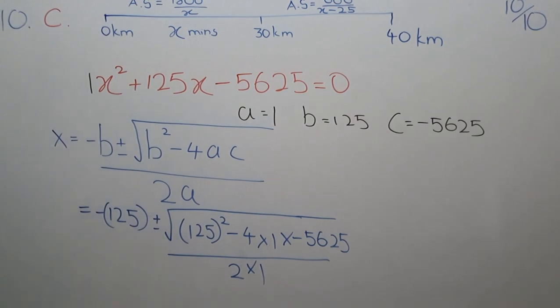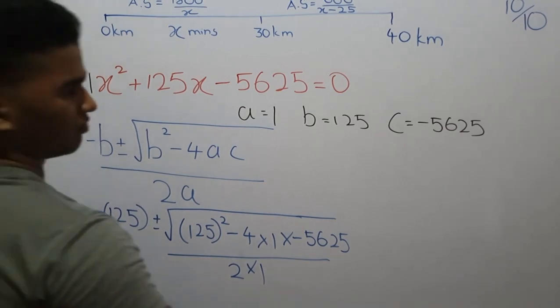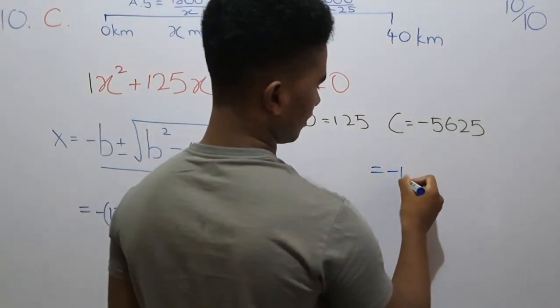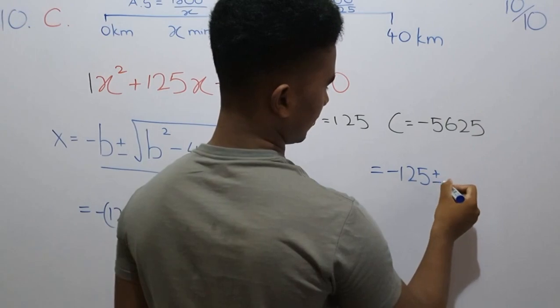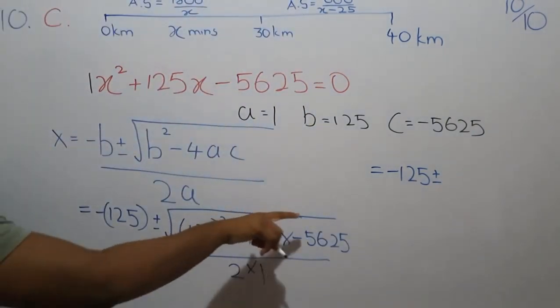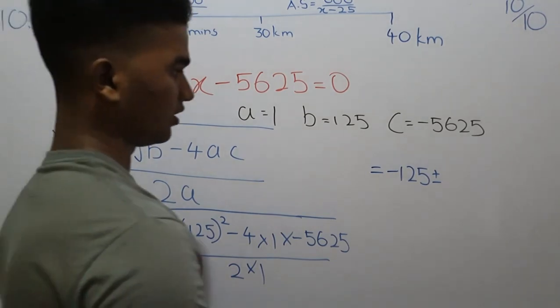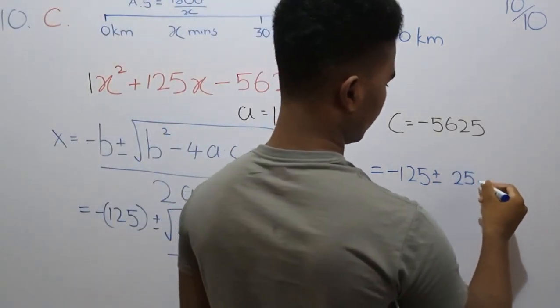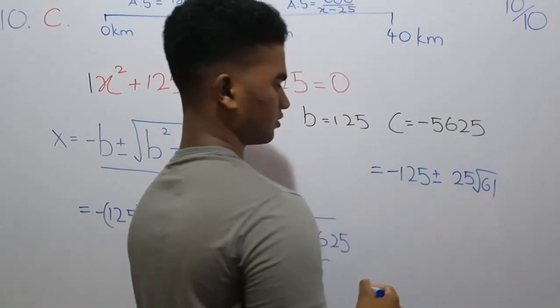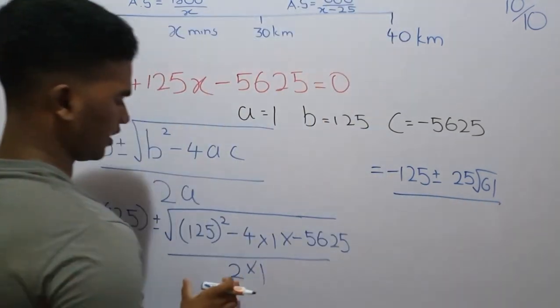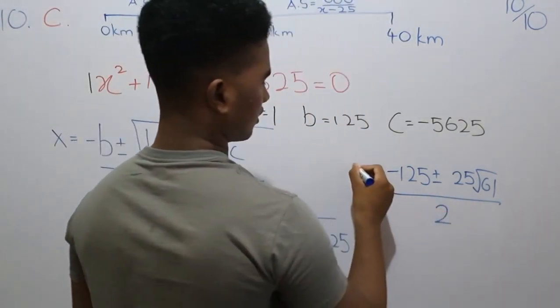So we'll simplify this. Minus 125 plus or minus. So put this whole thing in the calculator and you are getting a certain answer as 25 into root 61. Since you are using the calculator, make use of it properly. So divided by 2 into 1 is 2. So x equals,